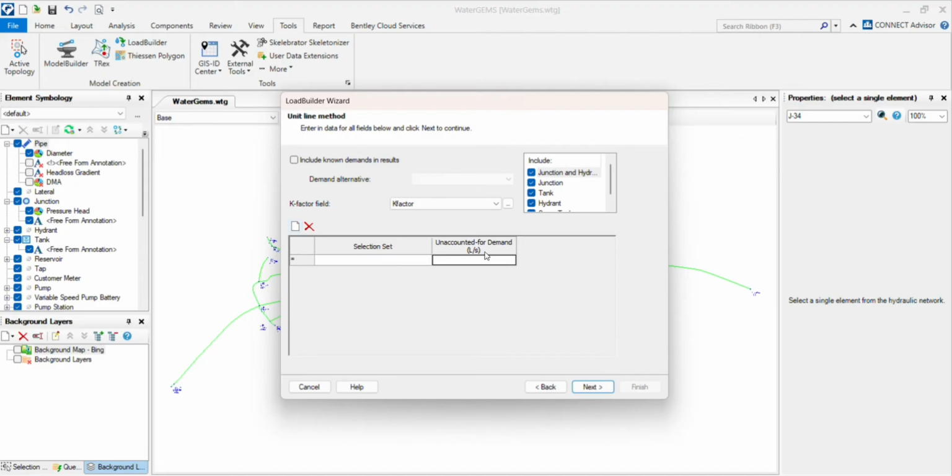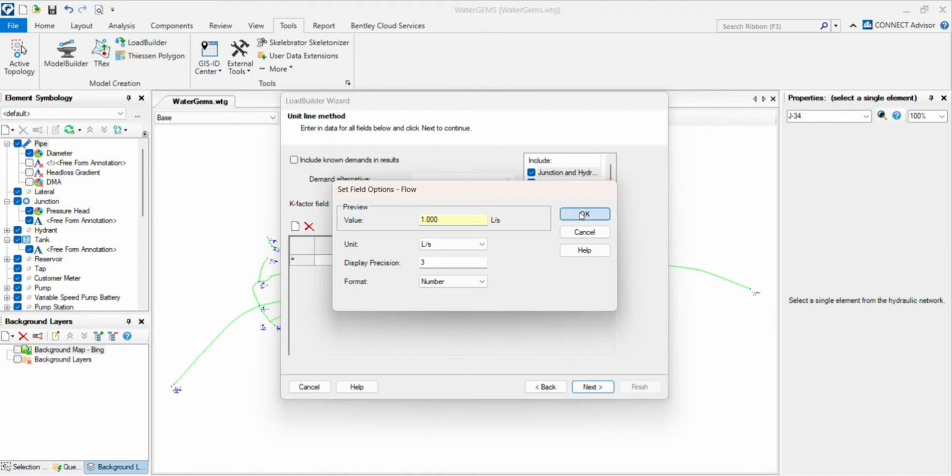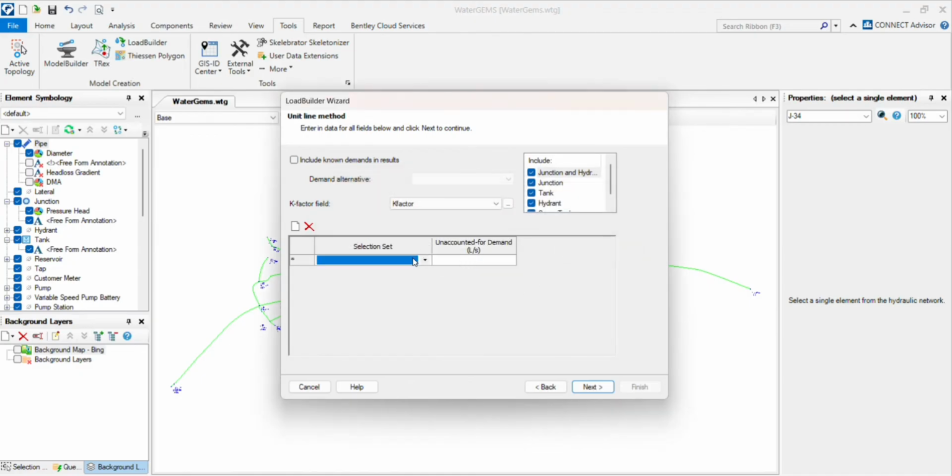It will ask the unit of the demand, so you can put any unit by clicking right click, unit, and formatting. You can change anything like MLD, LPS. So we are going to put the demand in LPS 1.104. Okay, and it will ask you the entire network. Then click on next,